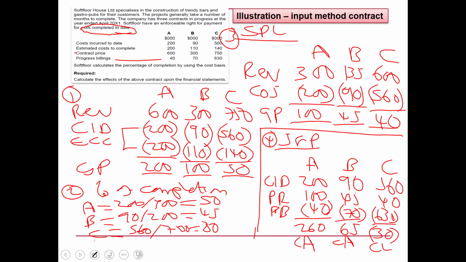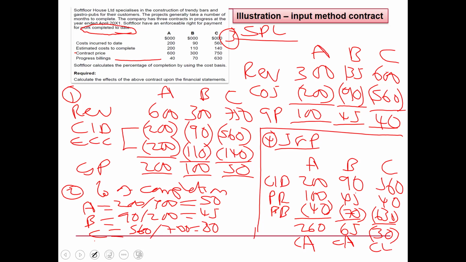So first step, are we expecting an overall profit or an overall loss? Second step, how far have we gone in the completion of the project? So we calculate the percentage of completion. In step number 3, which amounts do we recognize in the statement of profit and loss? We use the percentage of completion. If we are 30% through, then recognize 30% of the revenue and 30% of the cost of sales. Then